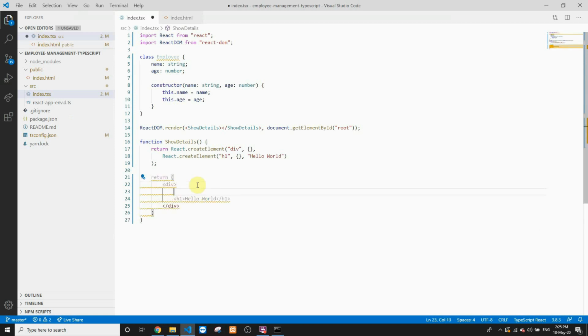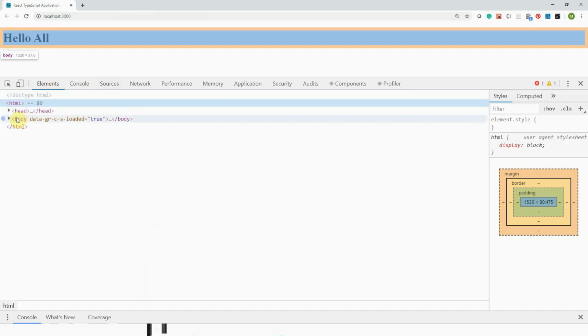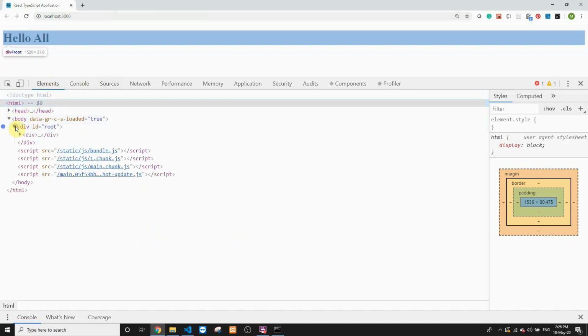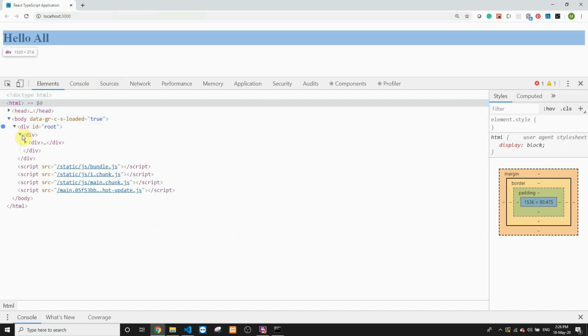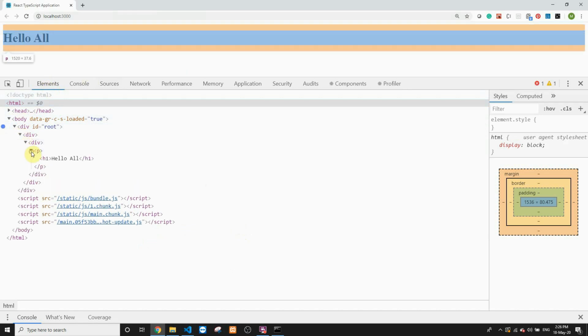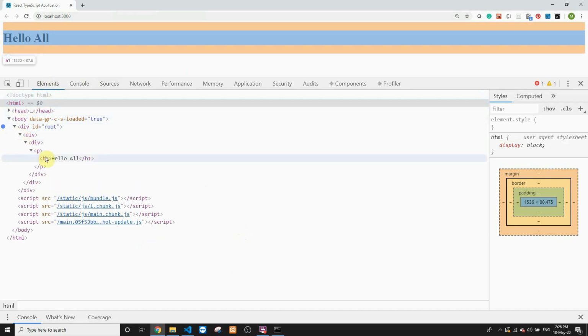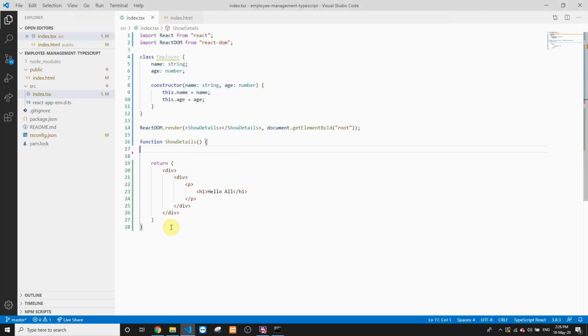So now let's imagine you have a div. Inside this div, you contain another div. This div can contain another paragraph tag, and then this paragraph contains a h1 tag which contains hello all. So if you have to recreate this using native JavaScript, this would be quite complex. Let's remove this first. Let's see the output. Inside output, let's go for the inspect window. We'll see a body. A body tag contains a div. Div contains another div having one more div containing a paragraph, and at the end we have a h1 tag containing hello world. So let's try to recreate this entire structure using native JavaScript.